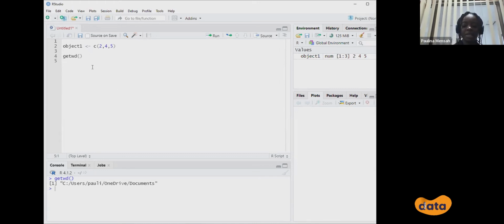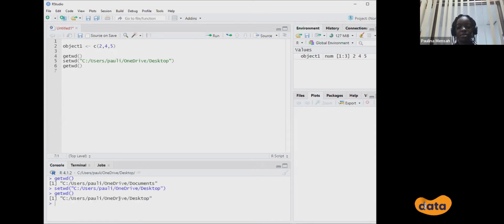If I want to save it, I think I want to save it on my desktop. So I can use this command, setwd, and to save time, let me just copy and paste this. Okay. So I'm gonna change it to my desktop. And then let me see if I've actually changed my working directory. So yeah, now we are in the desktop. That means I can load files from my desktop. Okay, so